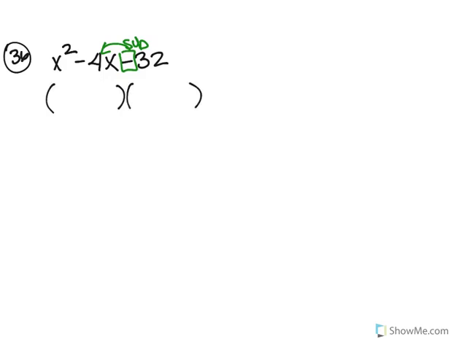Basic 36. We have x squared minus 4x minus 32. And so here we are looking at that last sign, says we are subtracting to get the number in the middle. So we're going to do our two parentheses. We have x's in the front. Then we're going to look at the factors of 32. And those factors are 1 and 32, 2 and 16, 4 and 8,